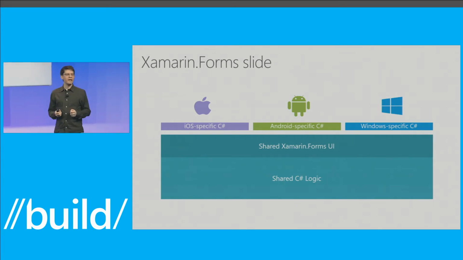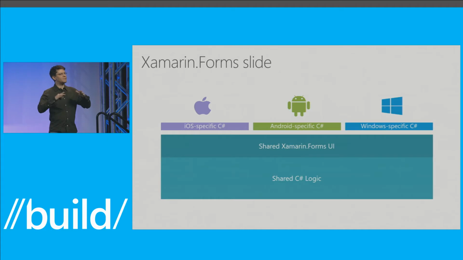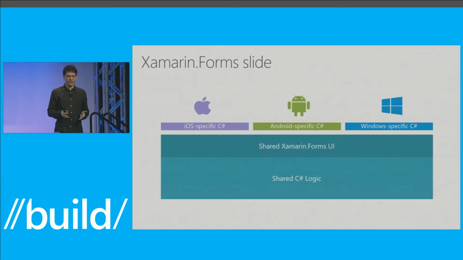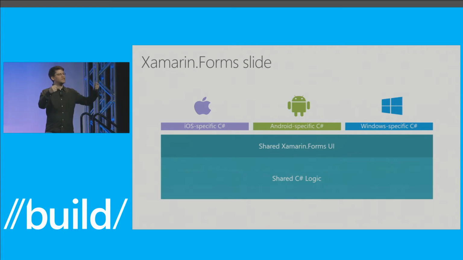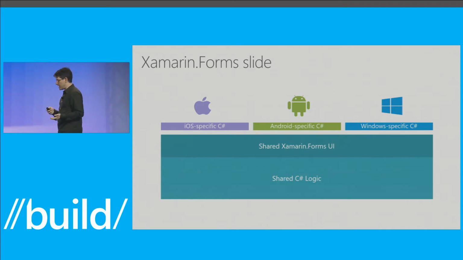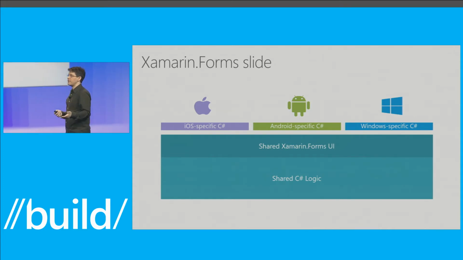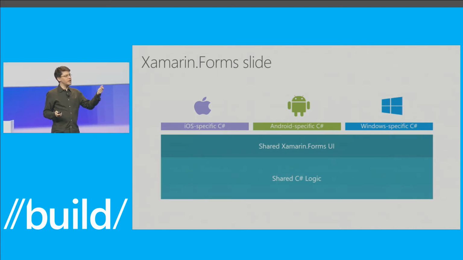So what we did is we created Xamarin Forms. And Xamarin Forms is a small UI abstraction. So we abstract some of the elements for creating simple user interfaces. It doesn't do everything. So you'll find yourself doing a lot of your work in Xamarin Forms, and whenever you need some fine-tuning, you would drop down to the native APIs. But it helps for a lot of scenarios. And in fact, we have very large applications written entirely in Xamarin Forms. So not every application needs to consume or tune every bit of the native platform.